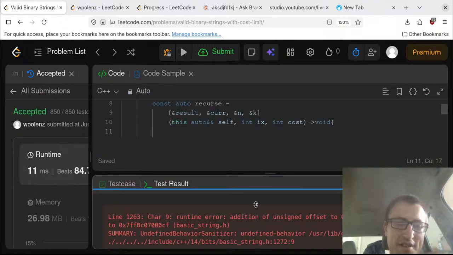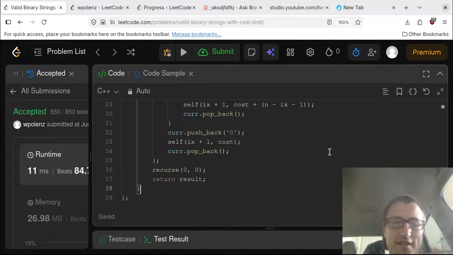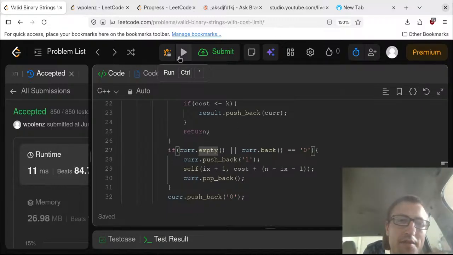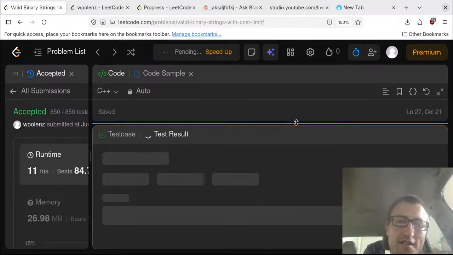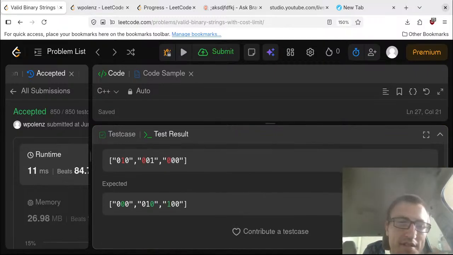Oh, I know what's wrong. Okay, that's so. Or if current.empty, or if it's empty, then we can push back. Yeah, the or ensures it's not empty. Okay, so wrong answer, but at least